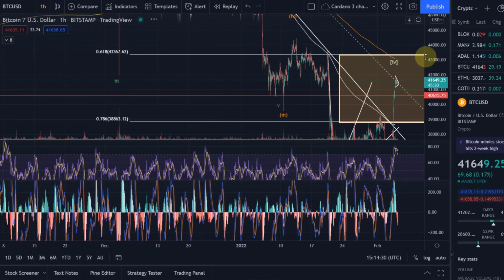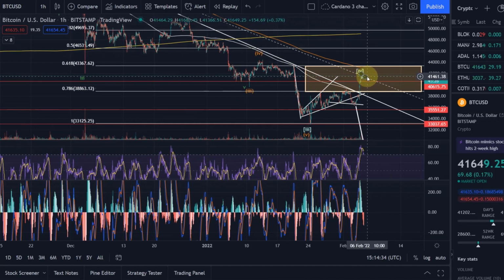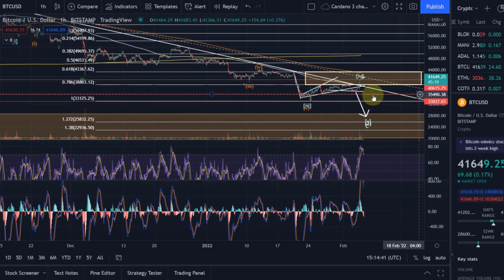Bitcoin, what is Bitcoin doing? I did post it in the Telegram members group earlier today that we are seeing some sort of a bull flag forming, so we're going to take a look at that. And so, where do we come from? Bitcoin has broken the descending trend line to the upside, and is currently in this Elliott Wave pattern, which typically